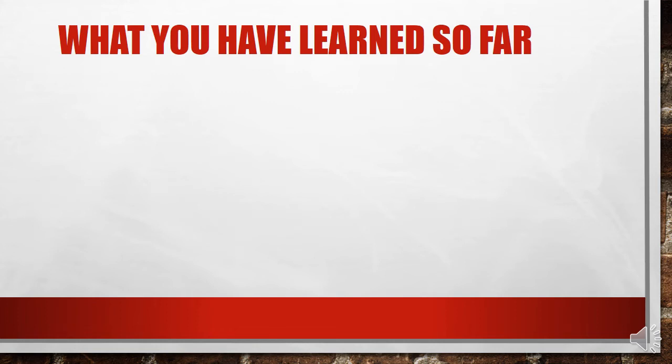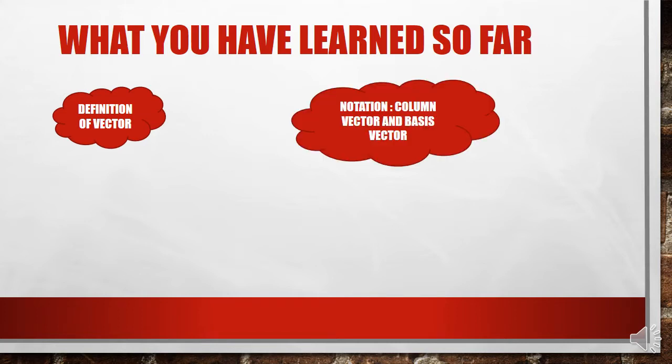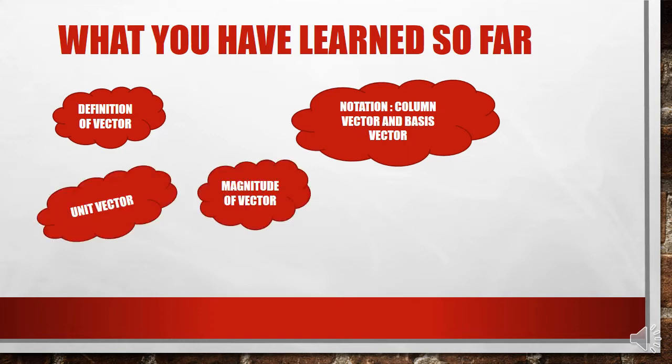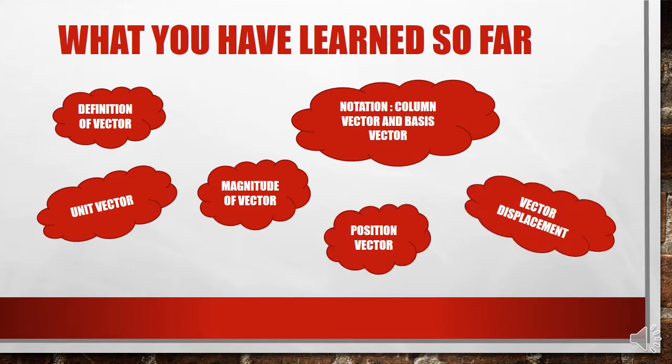Okay, so this is what we have learned so far about the definition of vector, its notation in the form of column vector and basis vector, unit vector, the magnitude of vector, its position vector, and vector displacement. Okay, you have learned about all these, and you have done some of the exercise that I have given you